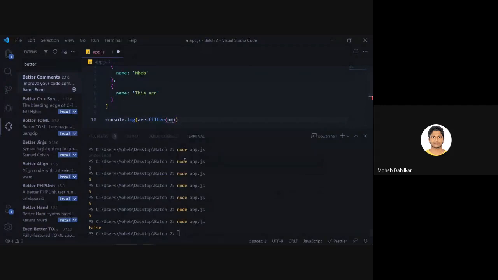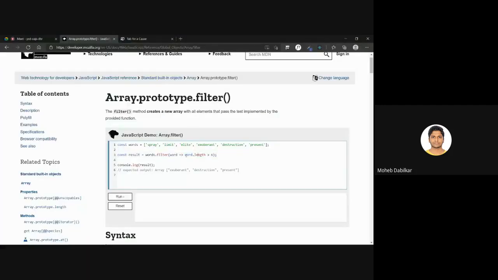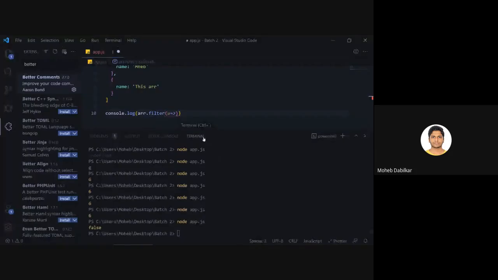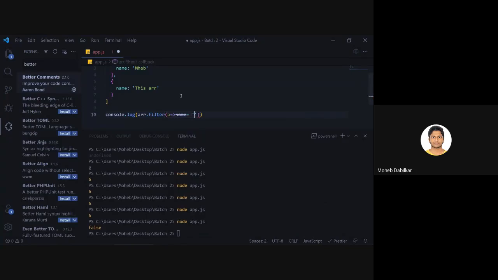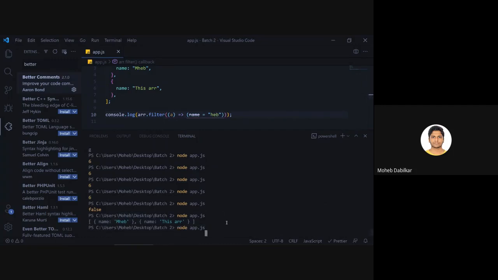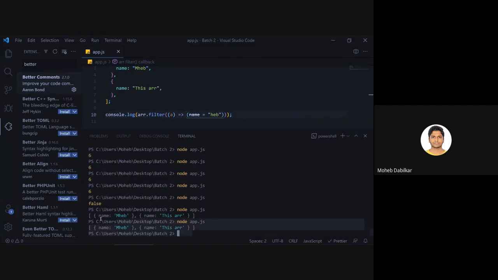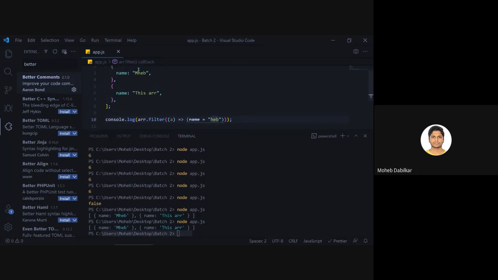So let's just call it A, and then inside that we have a condition. We will just say name equals to MHEB. Now you see it gives us one array, and if I just remove this, it still gives us one, because it is matching HEB with that.